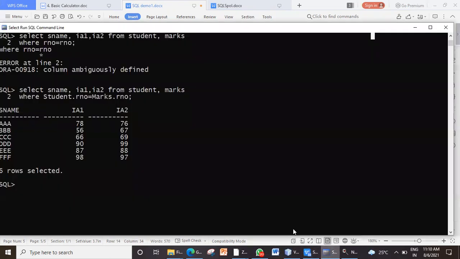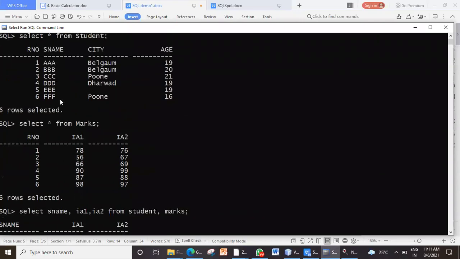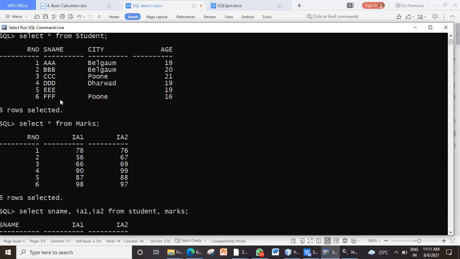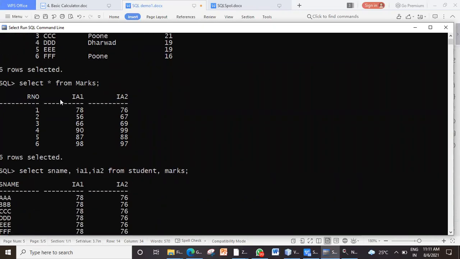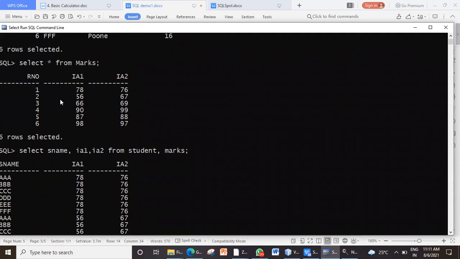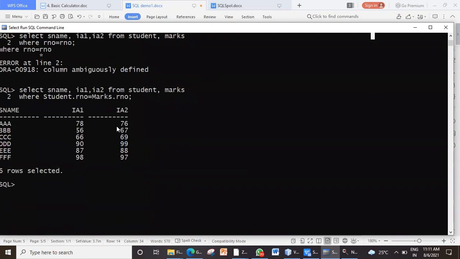Similarly, suppose I tell you to display the student's name, age, and IA2 marks only. Name, age, and IA2 marks. So again, the same. My query will just change like this.